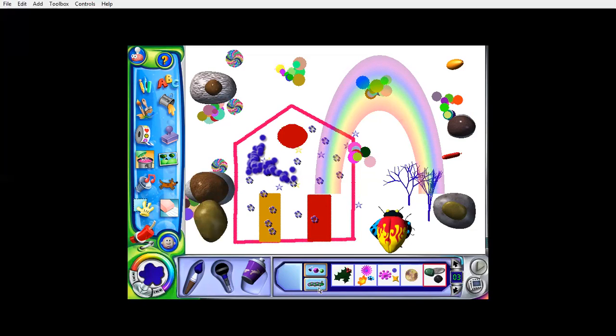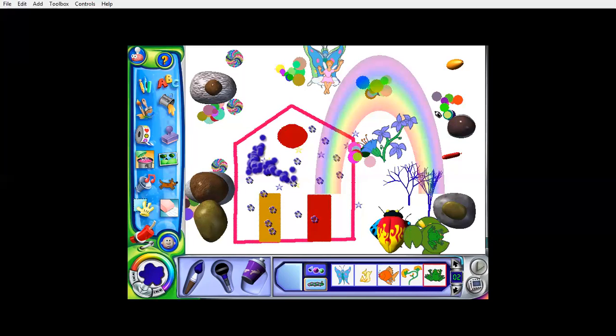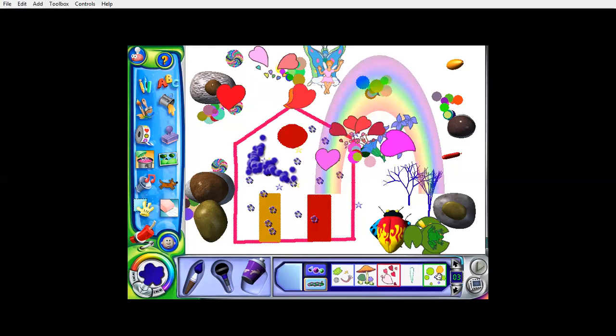When I click on this caterpillar option, what happened? There are a lot of things. Let us choose one butterfly. When I click on this butterfly, what will happen? Different butterflies come. When I click on these flowers, what happened? With one click, different flowers come. Isn't it looking very beautiful? When I click on this frog, what will happen? Different frogs come. Okay, so with the help of paint, with one click, you can use a lot of things. You can choose it with the help of the paintbrush tool.